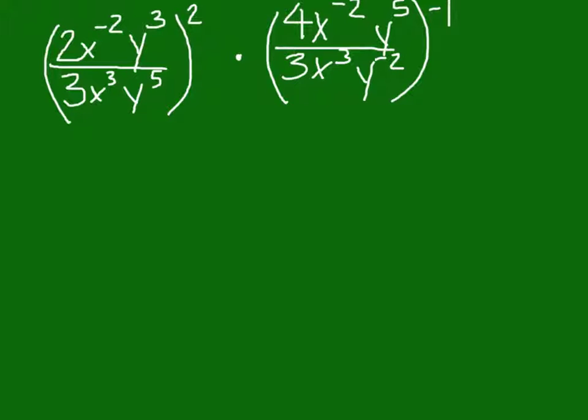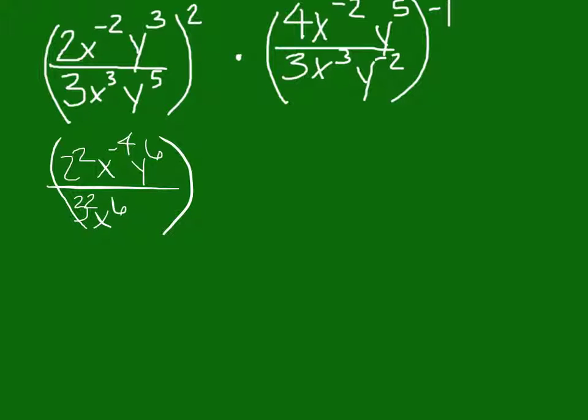So we have 2x to the negative second, y cubed, over 3x cubed, y to the 5th, all squared, times 4x to the negative 2, y to the 5th, over 3, x cubed, y to the negative second, all to the negative first. So we start out by squaring everything that's in the first one. So the top part becomes 2 squared x to the negative 4 y to the 6th over 3 squared x to the 6th, y to the 10th,